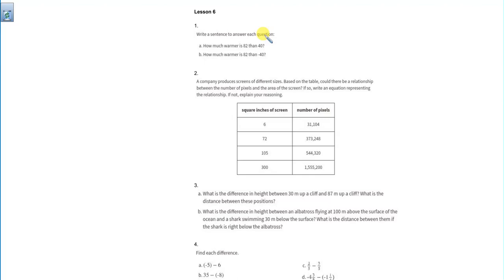Write these sentences to answer the question. Alright, so like you were having a conversation with somebody, and he wants to know how much warmer is 82 than 40. So we'll do a quick little number line this. Okay, here's 82. And here's 40. And I would say that 82 is, and I need to know this distance, which is pretty simple. 82 minus 40 is 42. So 82 is 42 degrees warmer